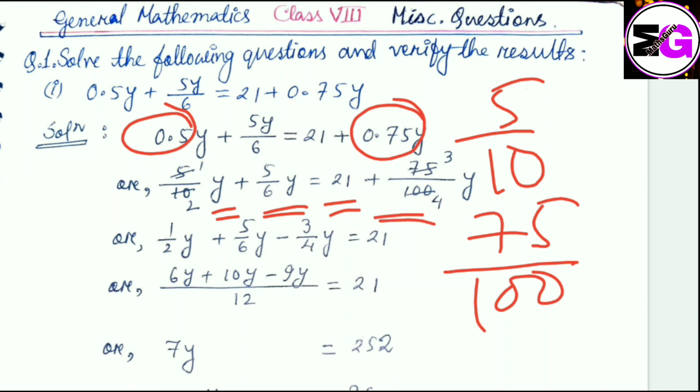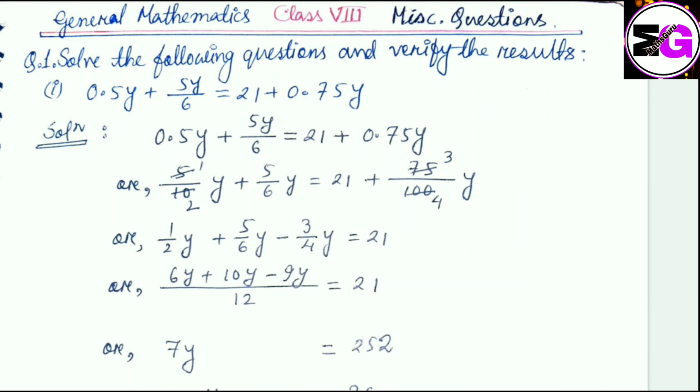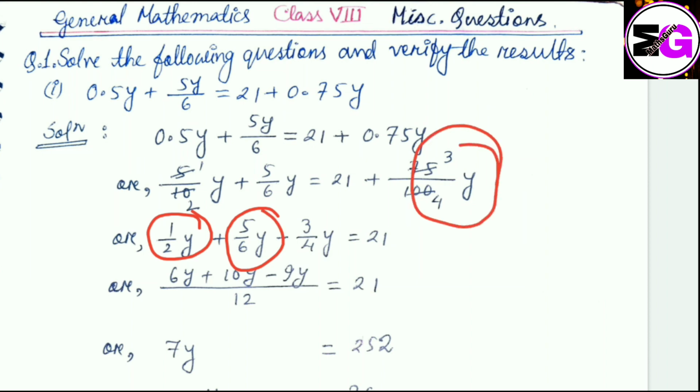Since 5 and 10 can cancel, that is 1 by 2, and 75 and 100 can cancel by 25, that is 3 by 4. So after cancelling it becomes 1 by 2y plus 5 by 6y, and 3 by 4y brought to the left side becomes minus 3 by 4y,